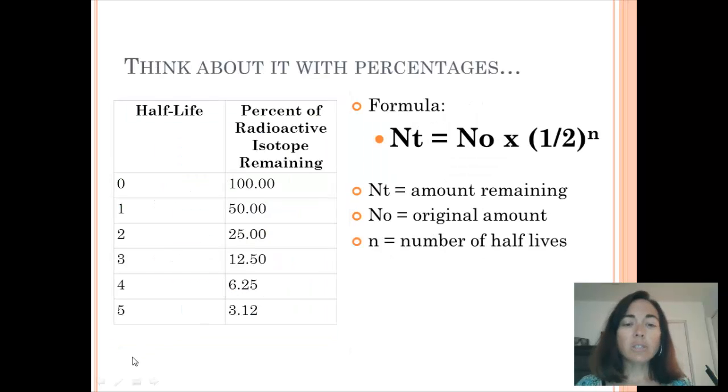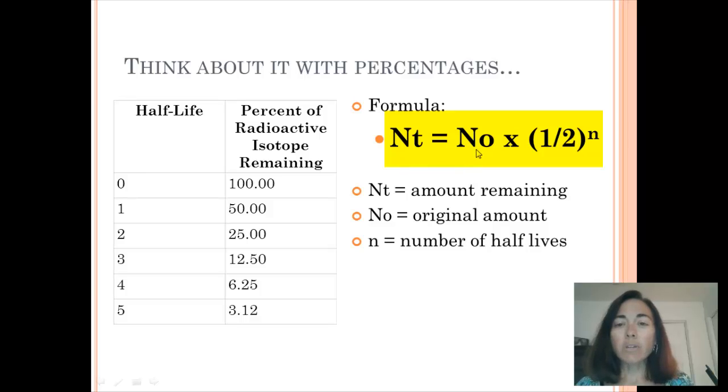You can also think about it in terms of percentages. I showed you the graph. The other way to think about it is to look at the numbers. The formula we're going to use to calculate the amount remaining, or N_t, is to take our original amount, N sub 0, and multiply it by 1/2 to the nth power, where n is the number of half-lives that have